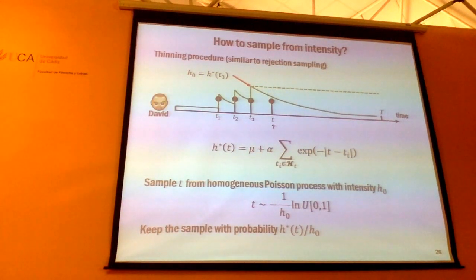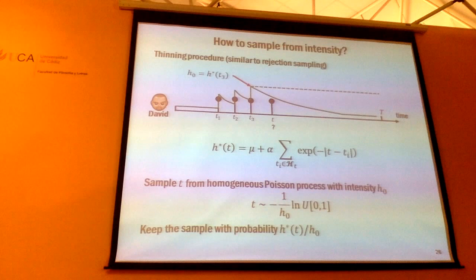So you sample from a homogeneous Poisson process and look at the actual intensity. If the actual intensity is high, you're more likely to accept the sample. Right? So you can use the same approach for all the other more complicated processes. And later on, when we talk about generating samples from information diffusion or the coevolution network, we are always using this type of approach. Okay? Although there's also some computation issue there, you can potentially design a more efficient algorithm to do it. But the basic idea is here.